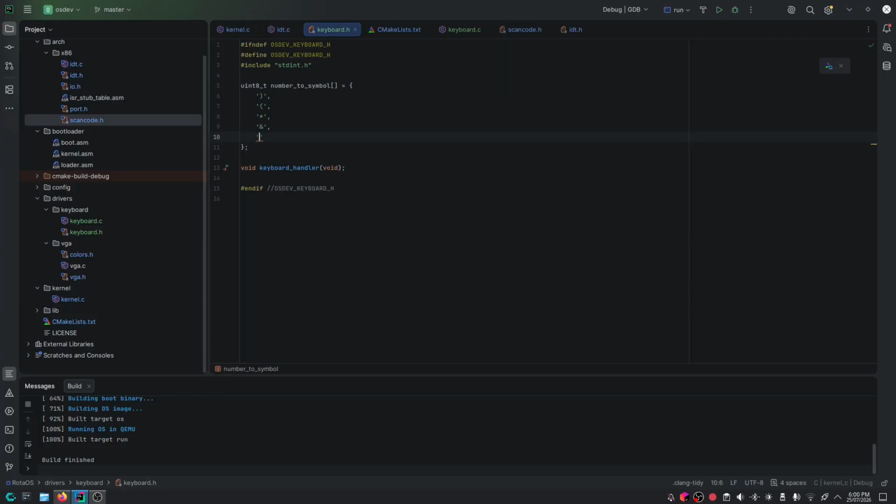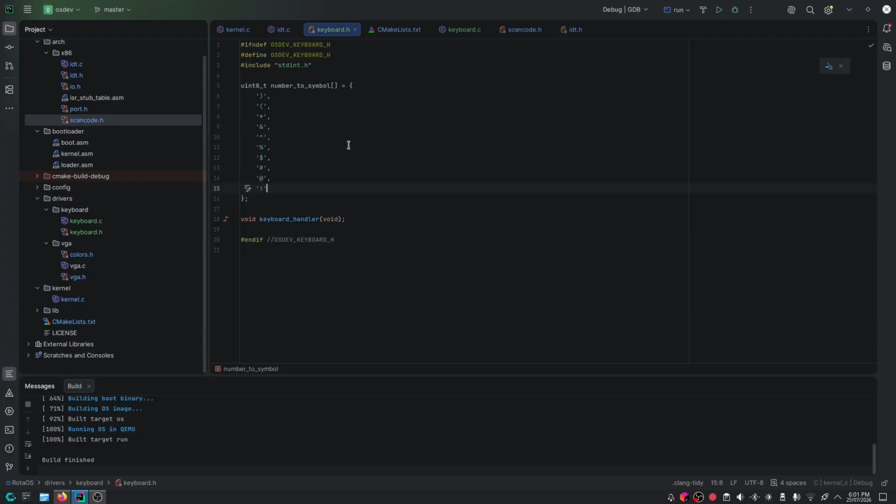Ampersand, caret, percent, money, hash, at, and exclamation mark. There's also some others that have minus and plus, or minus and equals becoming underscore and plus, and